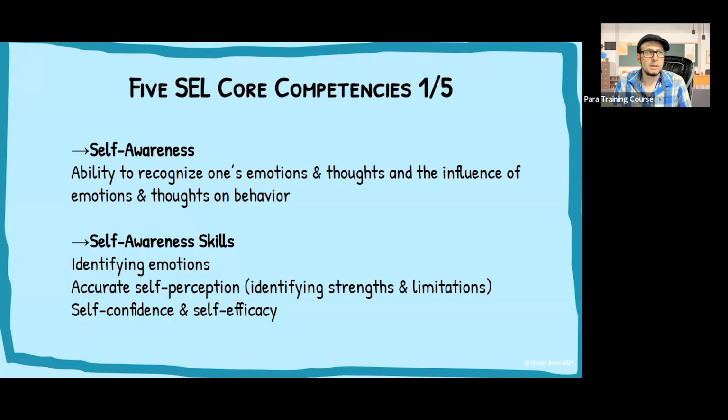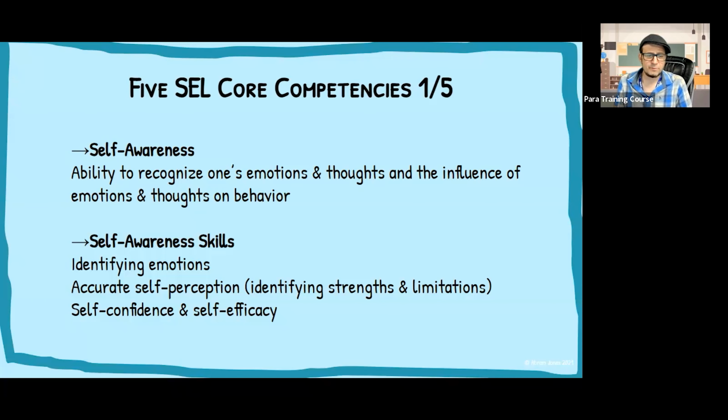And what effect they might have. In a classroom setting, I have talked before in this course about the affective filter, which is a sort of screening device that we have that is produced by our emotions. So you might walk into a classroom one day, if you're a student, with an attitude that's something like, I don't want to be here, this is boring, or it's too hard, I don't understand, whatever. That will really affect how you interact with the lessons that day, how you interact with your educators that day. So self-awareness skills include identifying emotions,